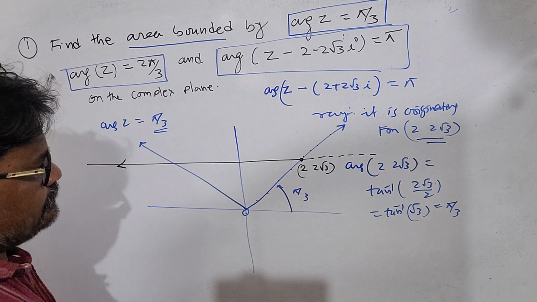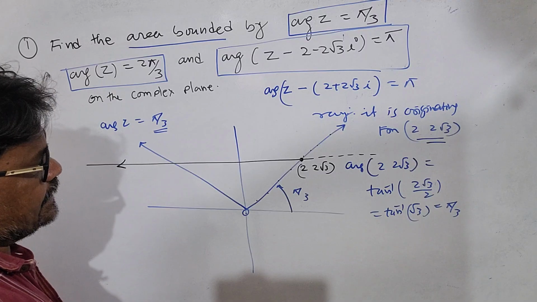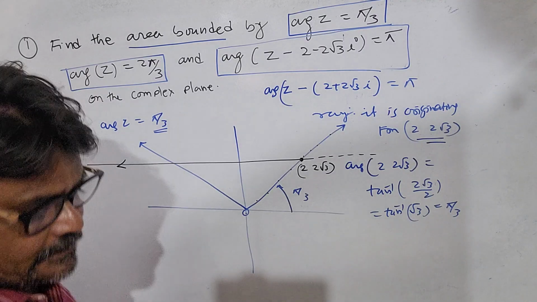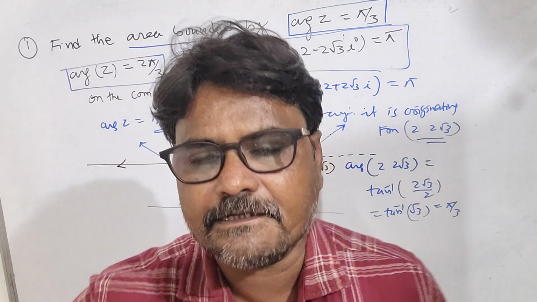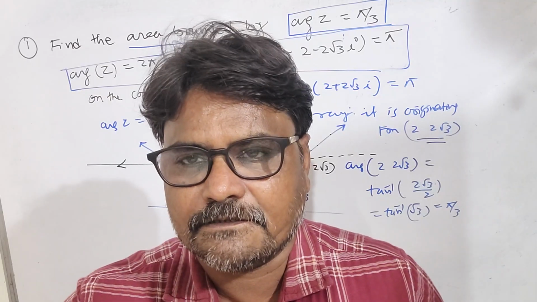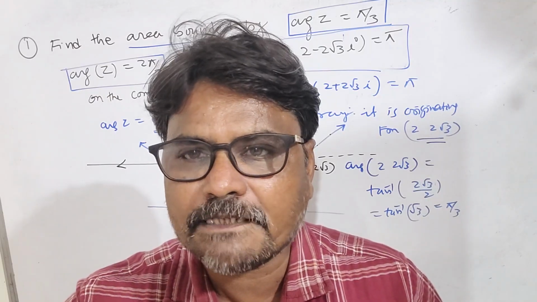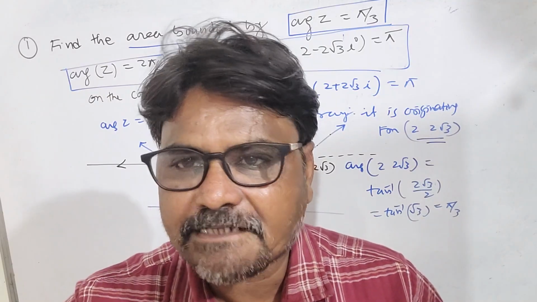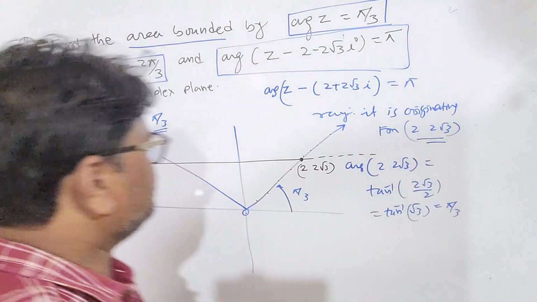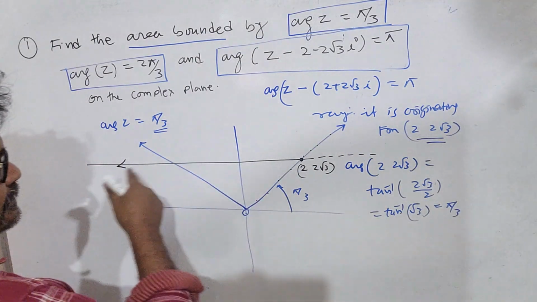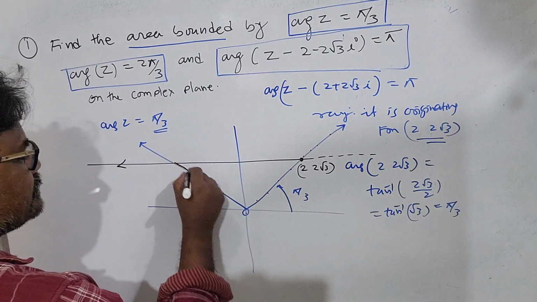Fine. Now we can say that, because you know that any real number has the argument either 0 or pi, correct? Either 0 or pi, correct? So here this is the ray. So therefore now we have to find out the area of